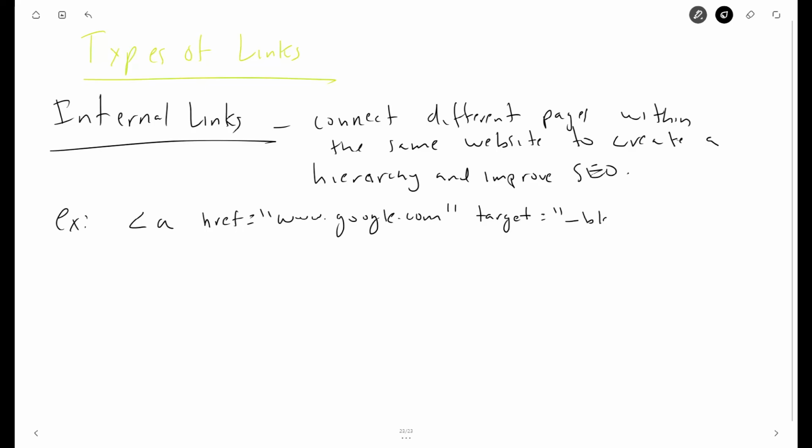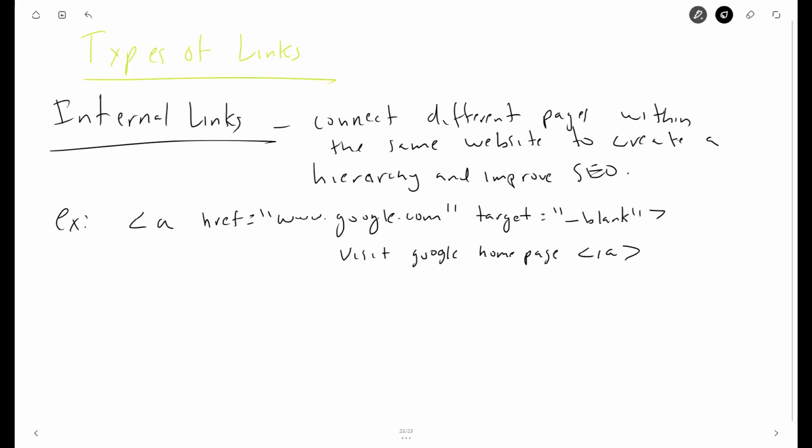So we put _blank for a new tab. And then the text would be Visit Google home page. Close that tag. So that would be an example of an